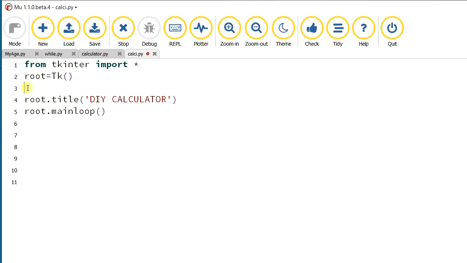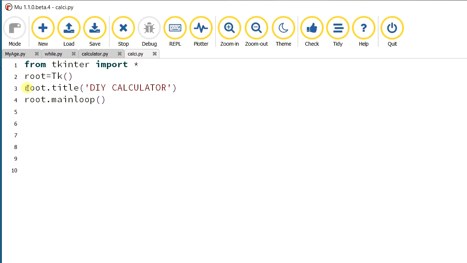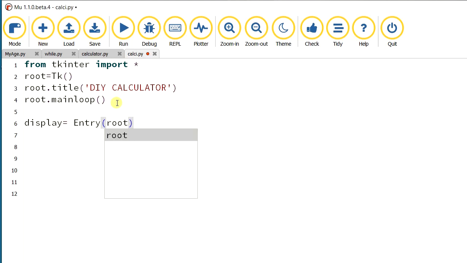Usually this is the rule in all the languages, like in C and others, you keep the main loop function at the last, so that it will communicate with all the functions easily and give the exact output. For a better output, it should be at the last, and we get this one, right? Okay. And now, as I showed in the output, we are going to put a display line. For the display line, we just use the variable display. In that, Entry of root: here this Entry of root is a predefined one, that's why it comes up when I type here, right?